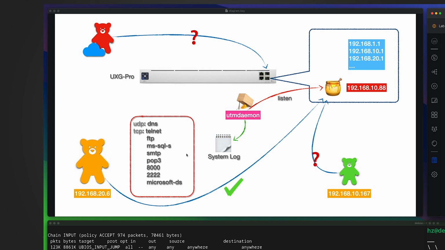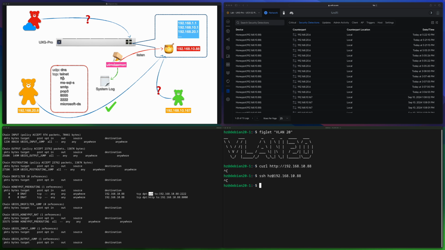Then it used iptables, the filter table, to override whatever potential future firewall rules. It used the DNAT rule in iptables to translate the HTTP and SSH to these two strange numbers just to avoid conflicts. Okay? By the way, you don't see the ICMP protocol listed here by Honeypot,